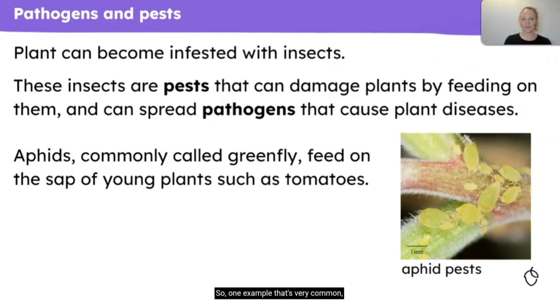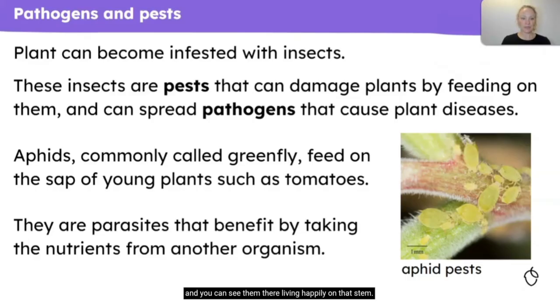One example that's very common, you've probably seen these in your garden or potentially on some plants out and about or even in your house, is known as greenfly. What they do is feed on the sap of young plants such as tomatoes, and you can see them there living happily on that stem. They are parasites that benefit from taking all the nutrients from another organism. So that organism is not benefiting whatsoever from that aphid living on the plant,